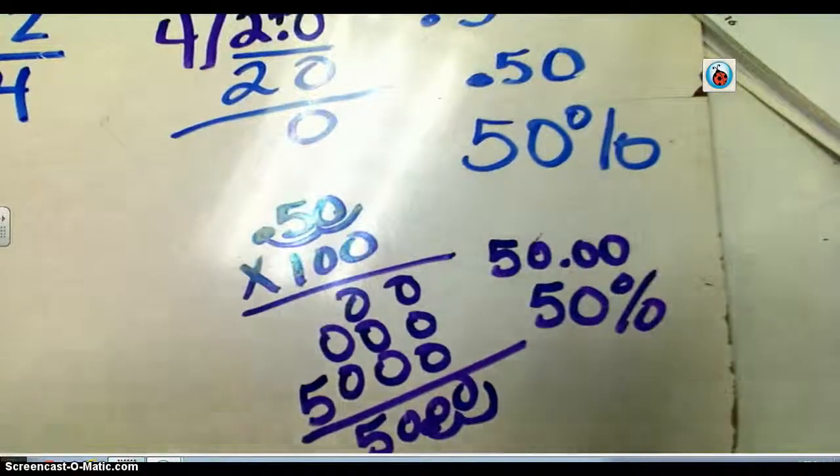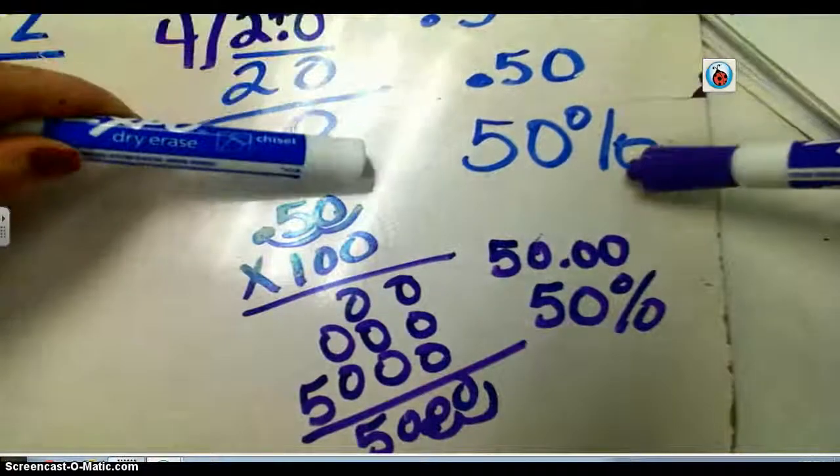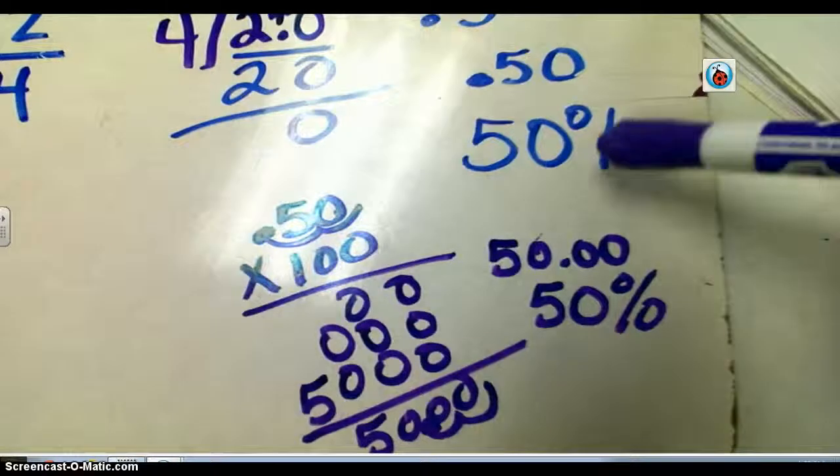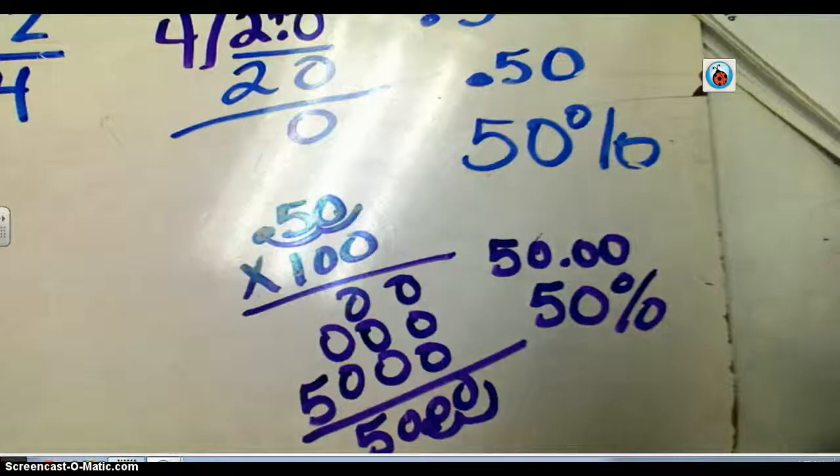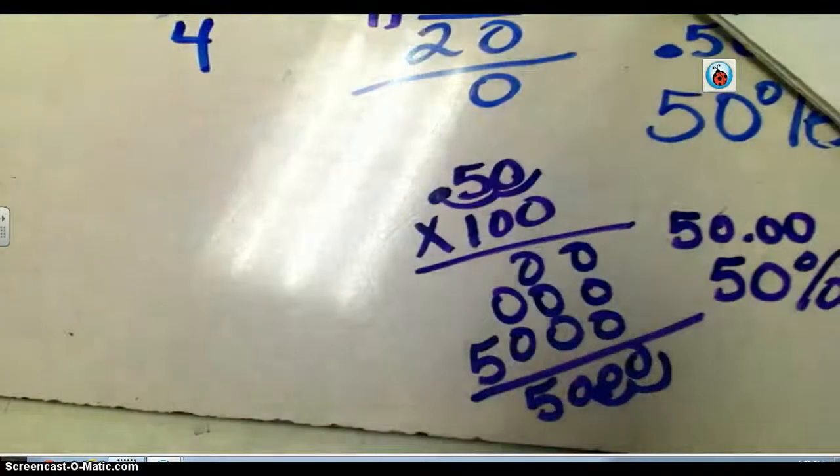Okay, so when you go from a decimal to a percent, all you're doing is multiplying that decimal by 100. Okay, to get from that decimal to that percent. So what we're going to do today, we're going to practice this, going from decimal, percent, and fraction. And what I'm going to do is I'm going to give